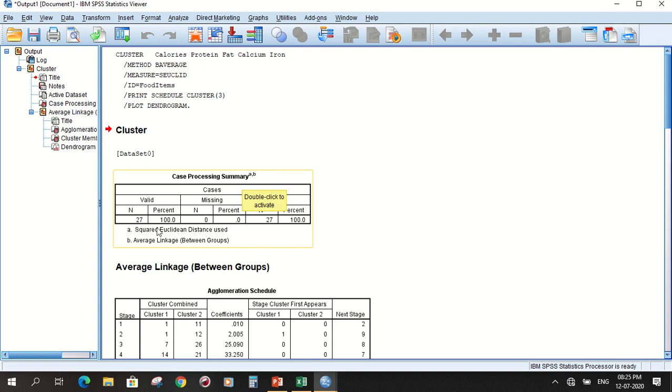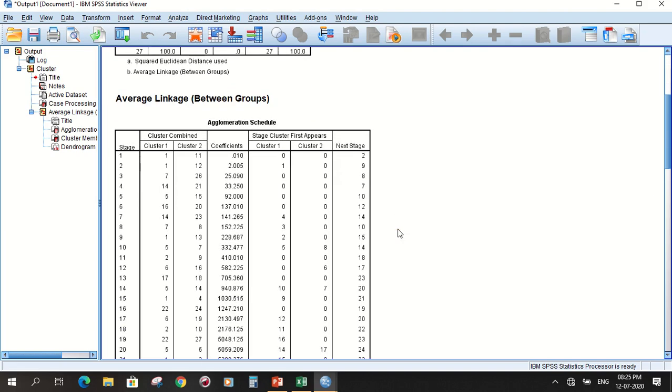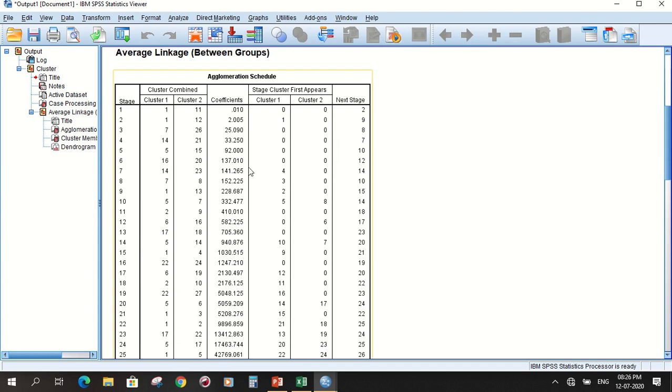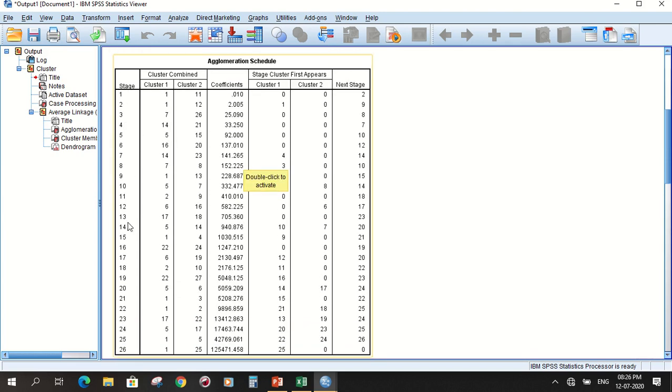It has used all, there is no missing value here, and you can see the method: squared Euclidean distance is used, average linkage. These two are methods for classifying the clusters. In the average linkage agglomeration schedule, these are all the stages, and this is the coefficients.